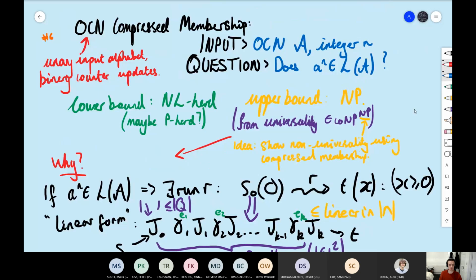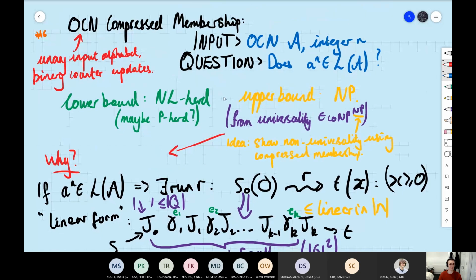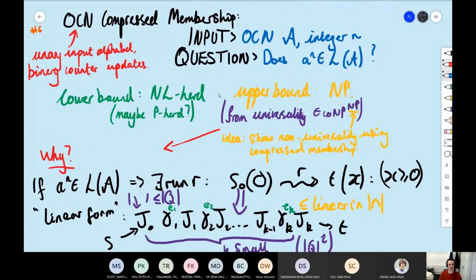And this is what I've been working on, and I'm stuck. That's part of the fun of doing a PhD, right? So I'm happy with NP, happy with NL hard. I think it's significantly harder than NL hard, just as an intuition. Is it NP? Is it somewhere in the middle? I don't know. Is it NP complete? I don't think so. It feels slightly easier than NP completeness.